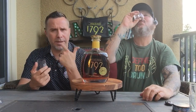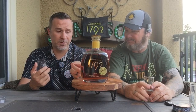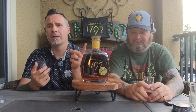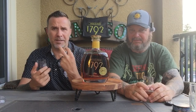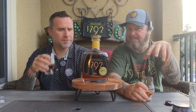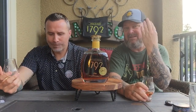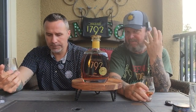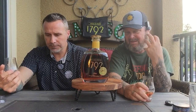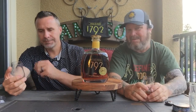But the finish is still kind of lingering. They don't release the mash bills on these, but I'm suspect that these are relatively high rye because of the extra spice that's in them. I would say they're straight drying with some rocks, not so much. You get this viscosity when you put the ice in with it that really lingers and makes it way more, I won't say pleasant, but